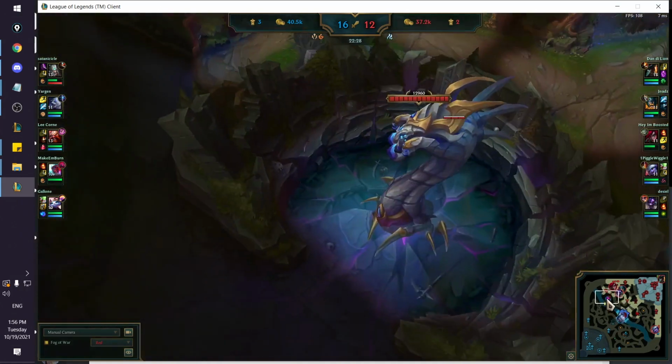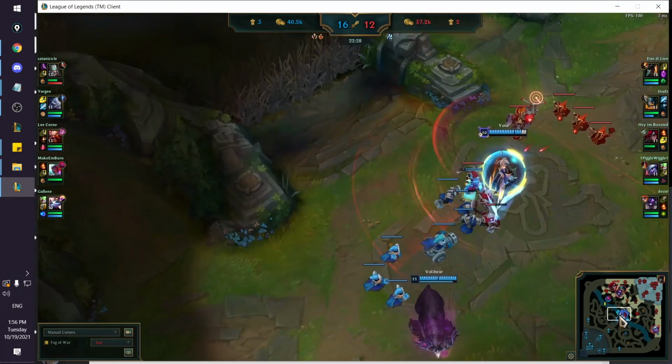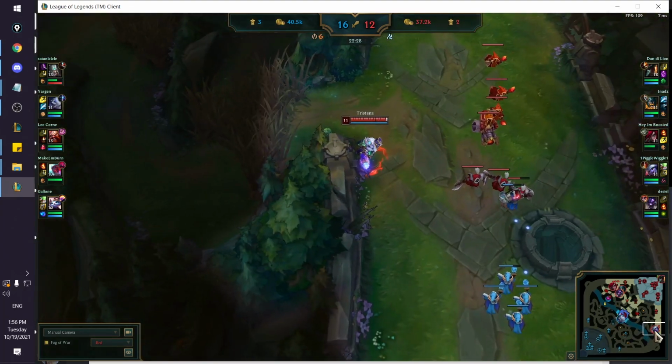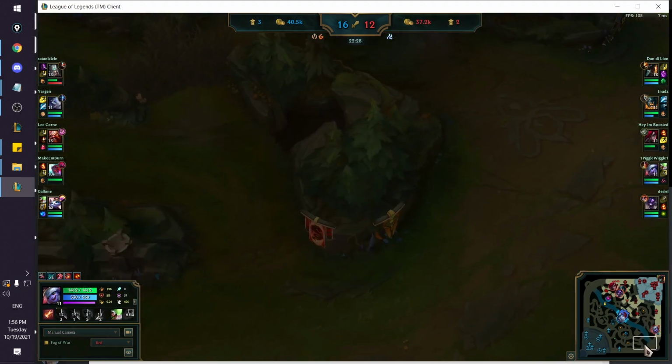They might force Baron. Exactly. Do they need to catch this useless wave? No. Exactly. So right here, even though that sounds like a good strategy, your job as an AD carry is to do damage. And you want to be in the team fight to do damage. So staying on the side lane, right now they can...